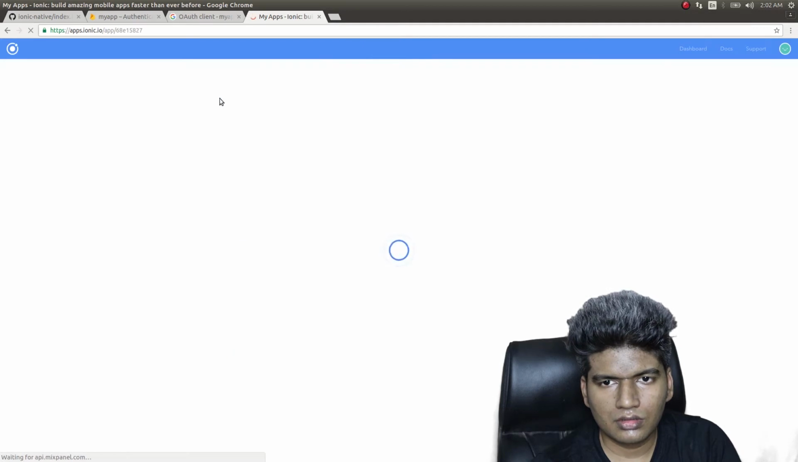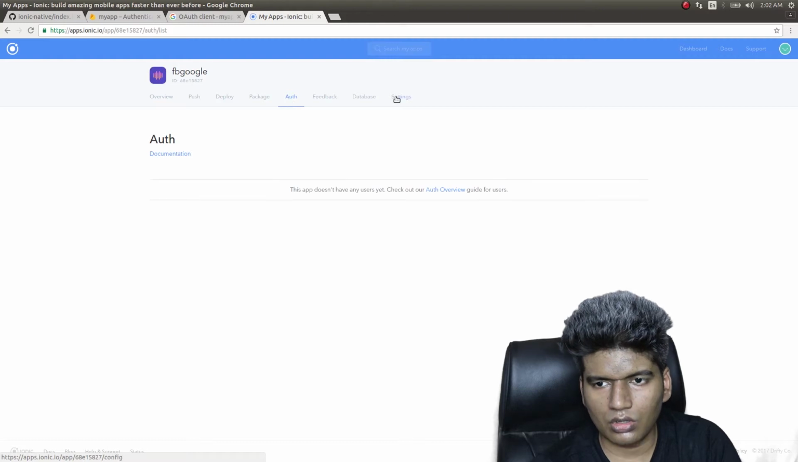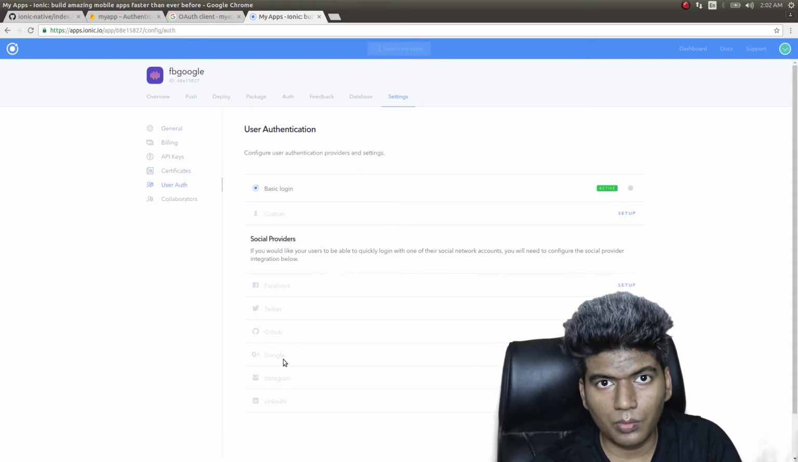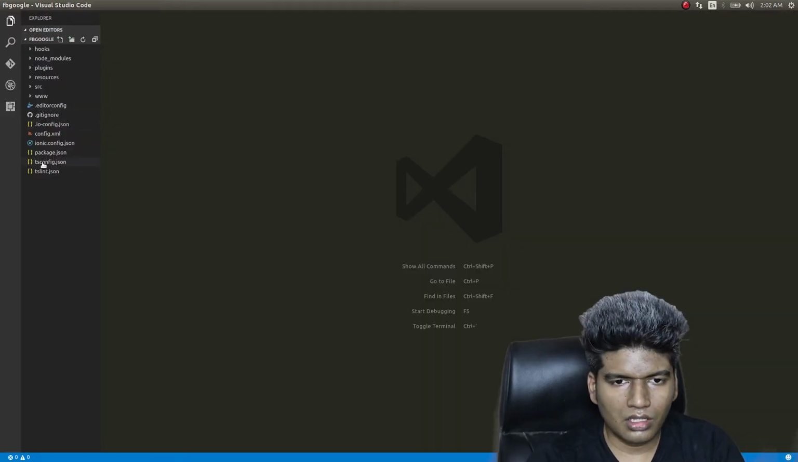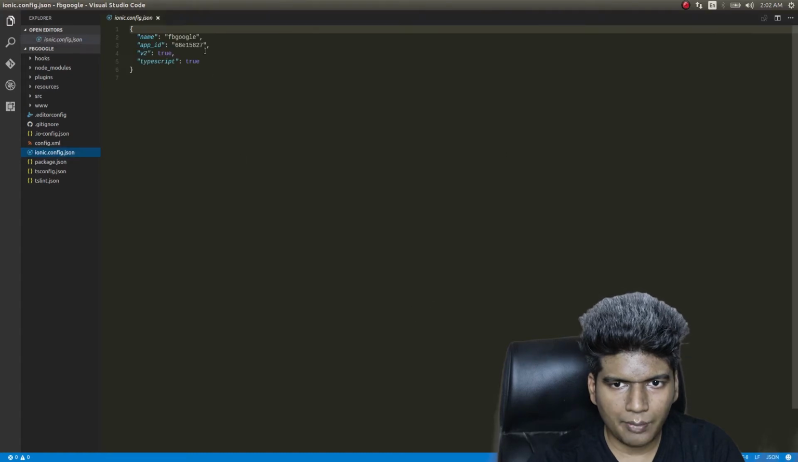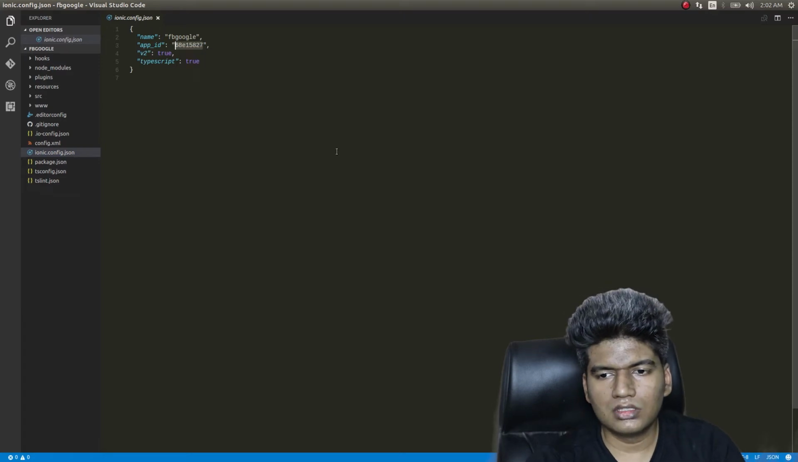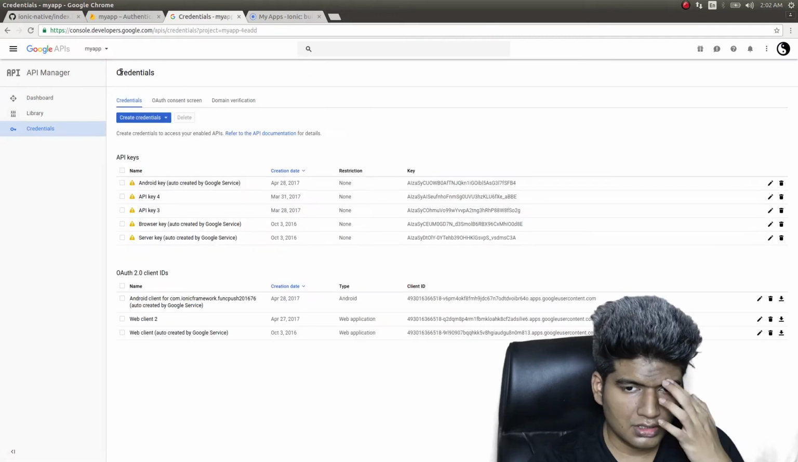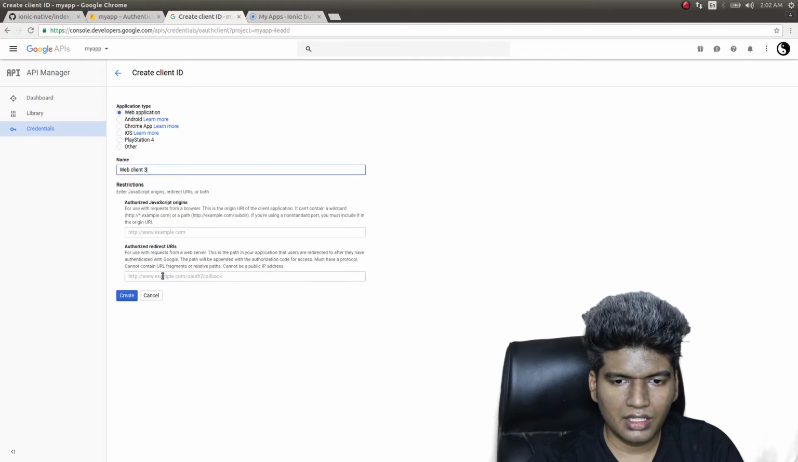Click on it and click on settings. Click on user auth. Here is where you need to give the Google Plus client ID and secret. So what I'll do is go to ionic.config.js. The app ID is available here since we gave ionic io init, and I am copying this, getting into Google. I'll create a new one for you guys. Click on OAuth client ID, web application, web client 3, and